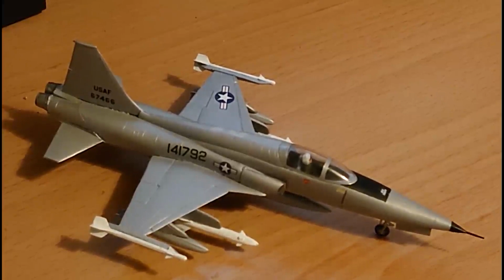But I was surprised that the aircraft produced such a good result, because I was expecting it to be an absolute bag of garbage. Most of the pro reviewers believe that if it's got Starfix written on the box, you should really just put it back on the shelf because they are terrible. And I'll be honest with you,